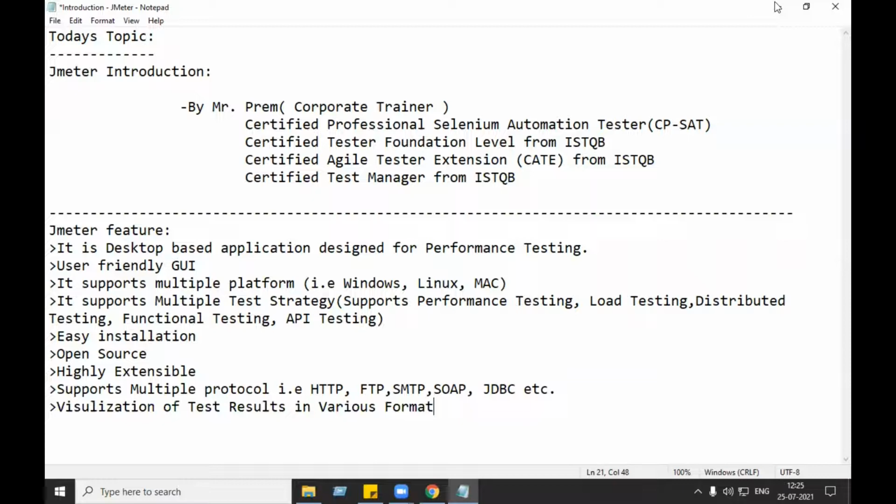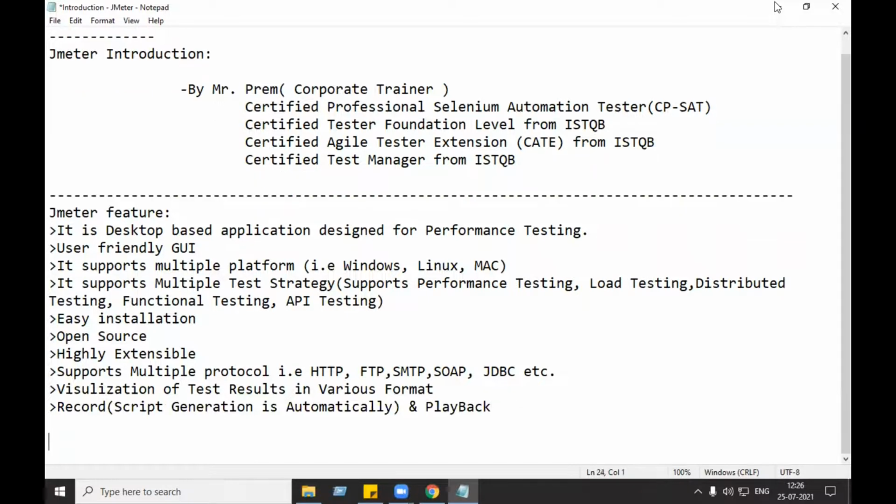Next thing is what? It is having a very powerful feature of record and playback. So what happens is that with the help of record and playback, in the recording mode, whatever you do, it will record, that means it will generate the script automatically, and you can play back that generated script n number of times. It's up to you how you do. In the recording mode, script generation is automatic, and you can play back n number of times as per your need.